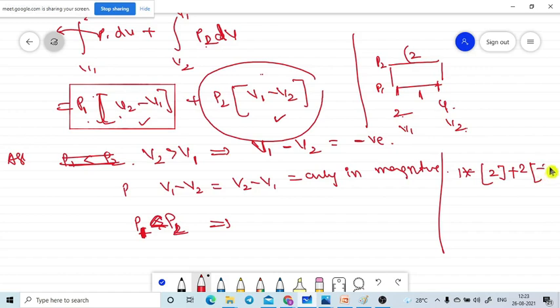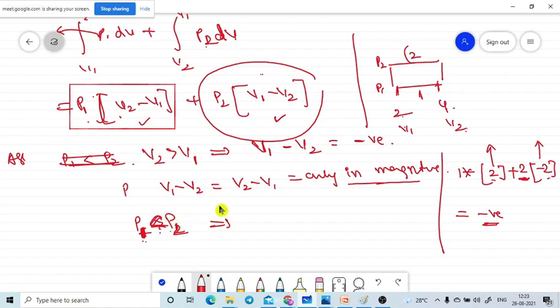So what I told, these values are constant only in magnitude. So 2 only, but here is plus 2, here is minus 2. But what I told, P2 is greater than P1, then the total value we will get is negative only. Are you getting or not? So what is our conclusion? If the thermodynamic process is moving in the anti-clockwise direction, then we will observe the negative work done. That is the conclusion only.